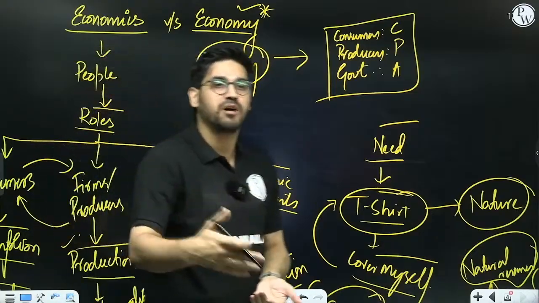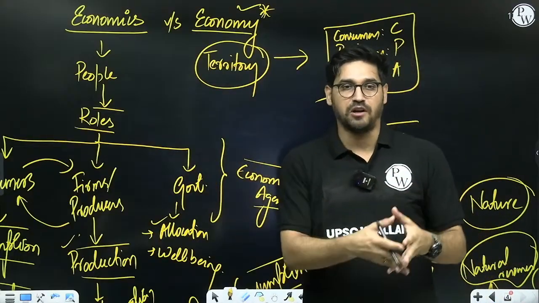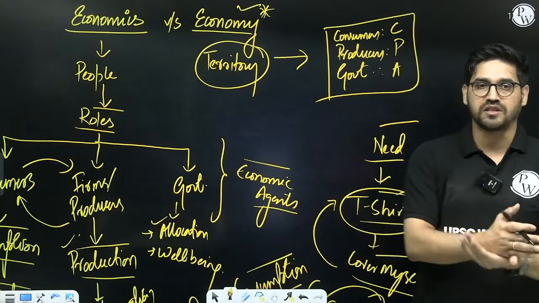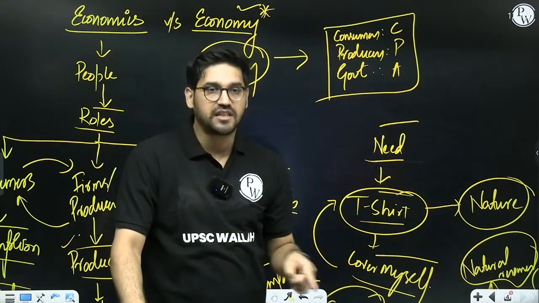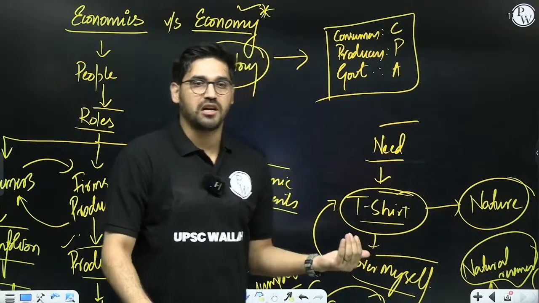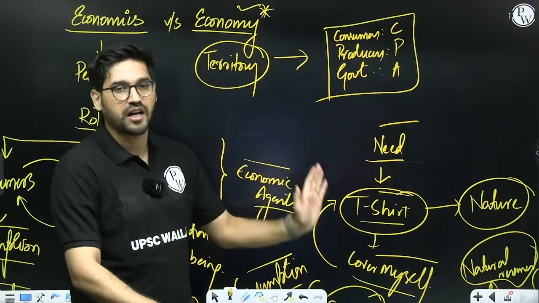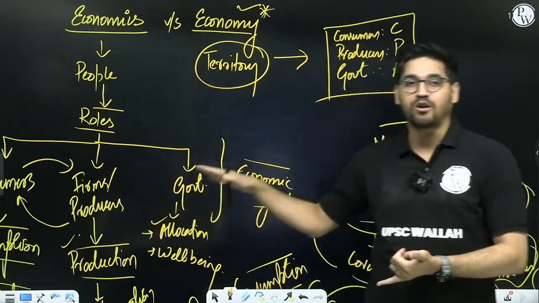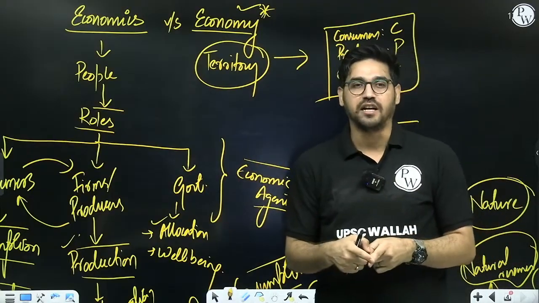If you are living in Moradabad, Moradabad will also have you as a consumer. Moradabad will have many producers. Moradabad will also have their own administration, their own government also. So all these important decisions of consumption, production, allocation of resources, distribution of resources happening within the territory of Moradabad will comprise Moradabad's economy. Similarly, Indian economy will be what? Indian economy will be all of these important economic decisions, be it that of consumption, be it that of production, or be it that of allocation of resources, distribution of resources happening within the territory of India,